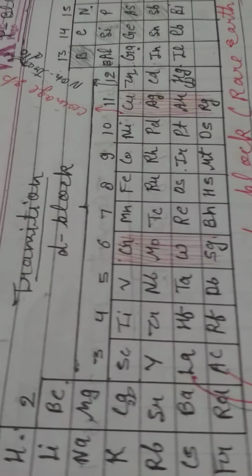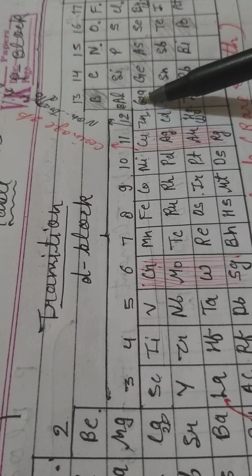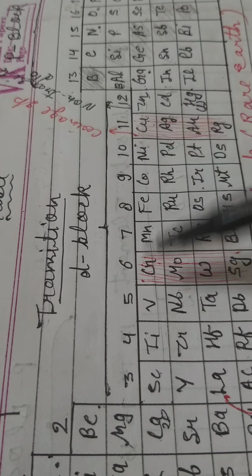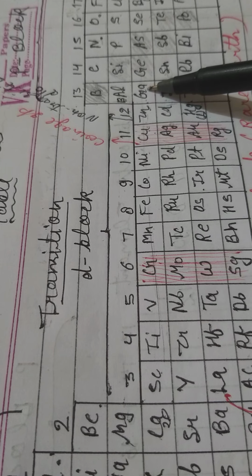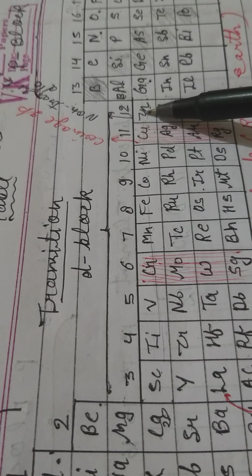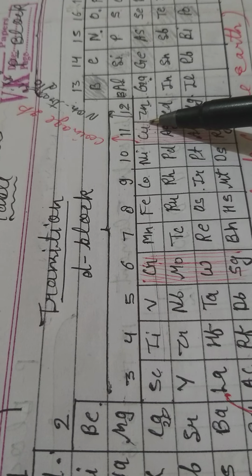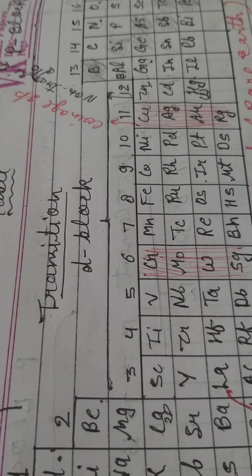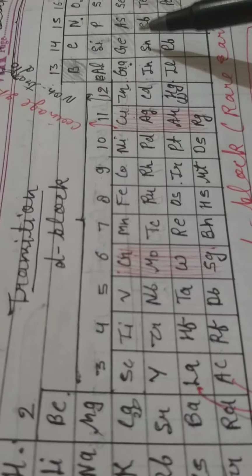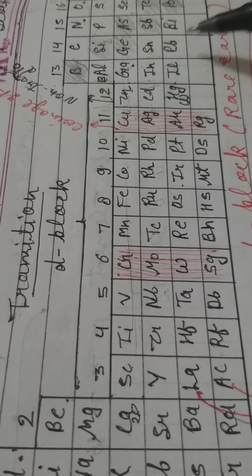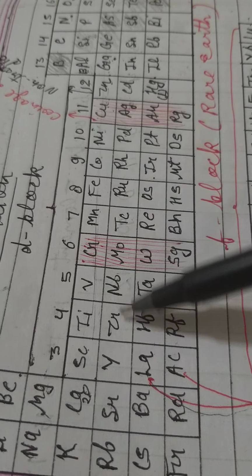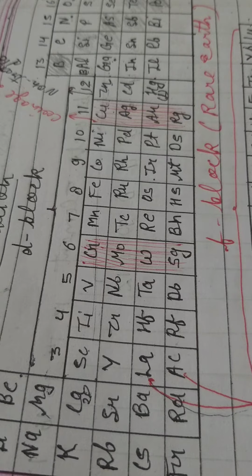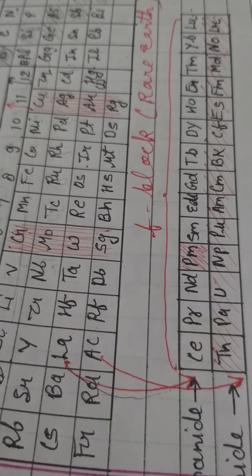As I have told you, as the fourth period starts, D block starts. As we do the electronic configuration of gallium, the D block starts. This we call the 3D transition series. As we talk about the fifth period, again D block starts. But as we talk about the sixth and seventh period, then D block as well as F block also starts. So now you see here what we have to do for that case.